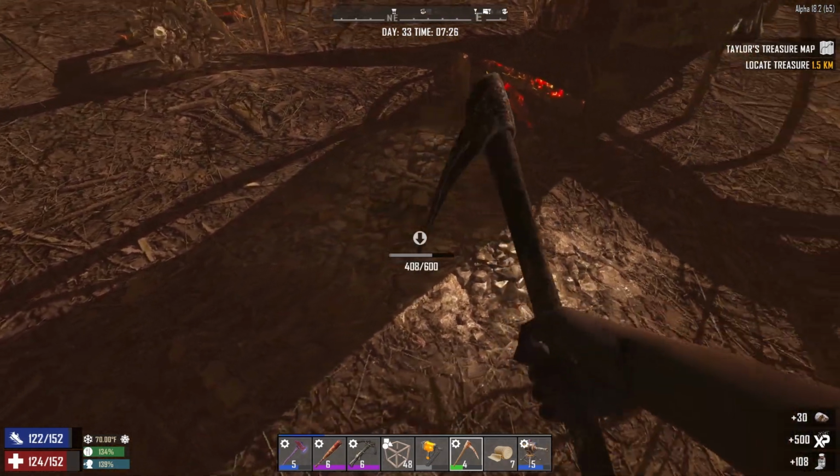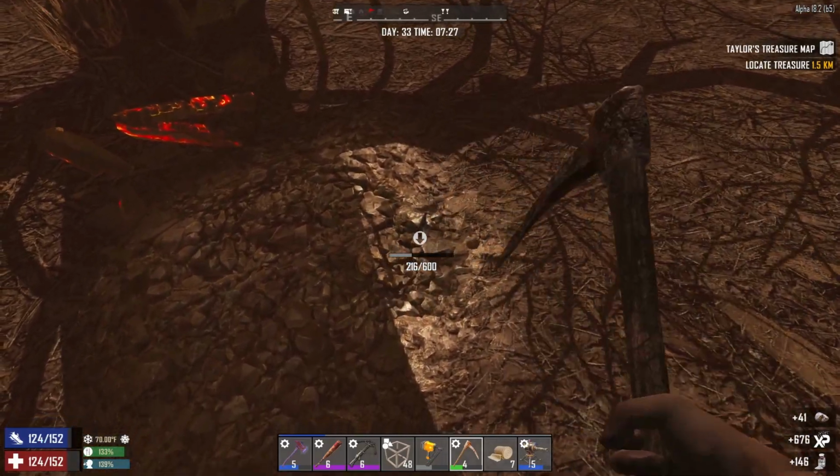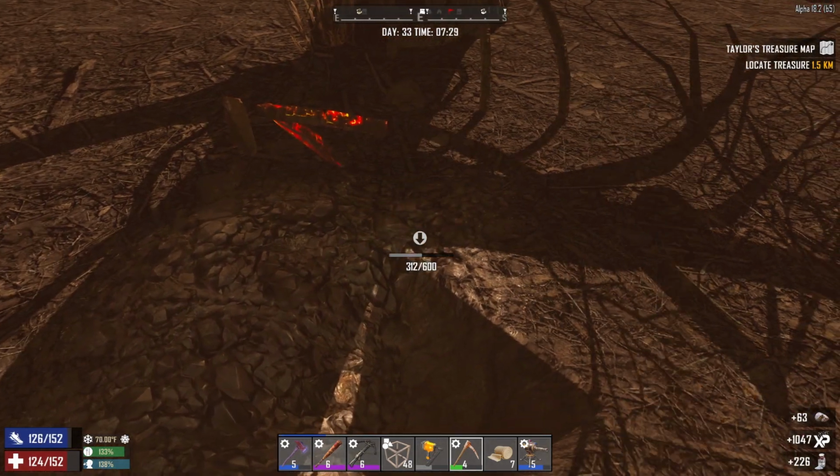This is great. I think what I'm going to do is end the video right here, and I'm just going to dig up a ton of potassium and coal, assuming I can find some. Shouldn't be that hard out here. I mean, I know. There's some right there. It's called embers, but